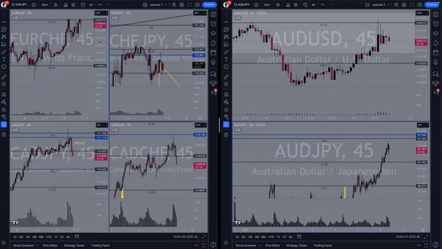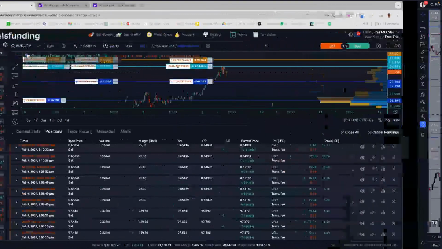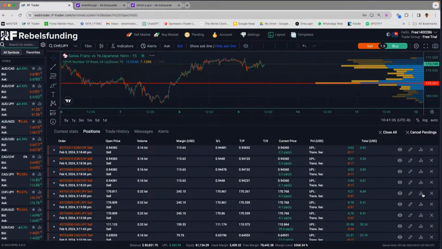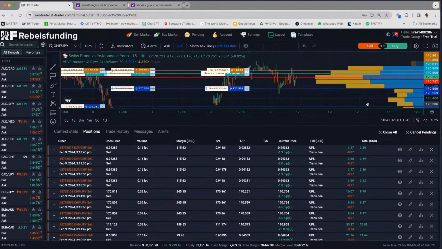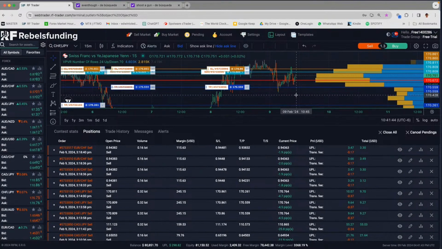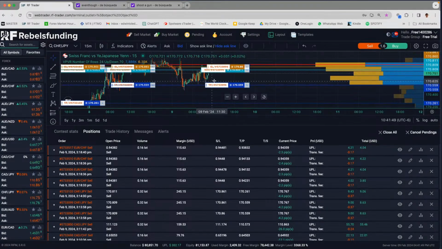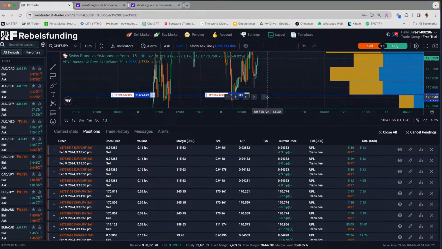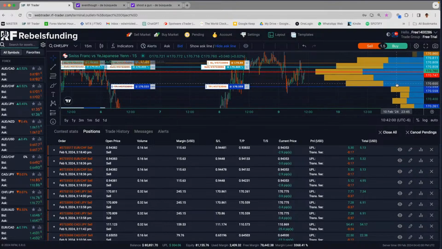I'd like you to see CHF JPY. Stop loss is over there. CHF JPY is about to hit stop loss. Maybe for spread. It already hit. For spread wise, no. It didn't even hit. Yeah, it hit TP1, right? But then it got shy. See what happened? We should have taken profit right here, and then it would be a different story for this trade.